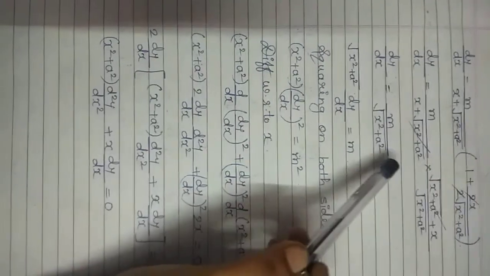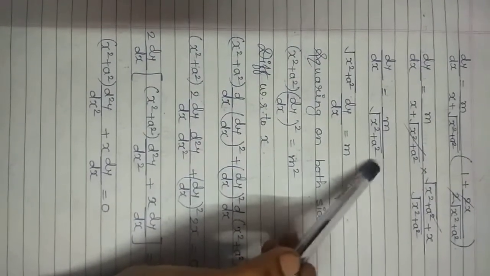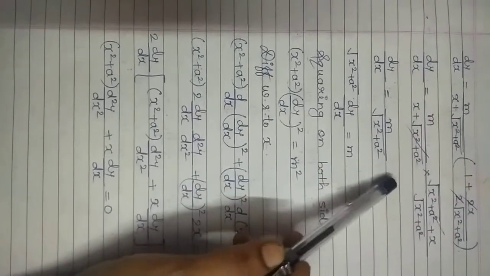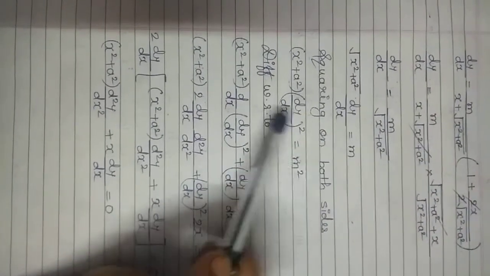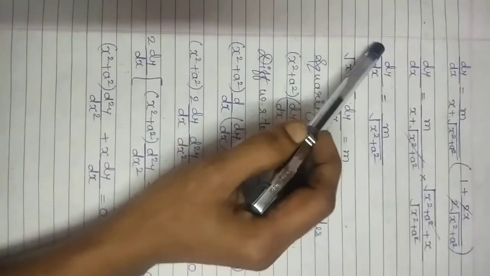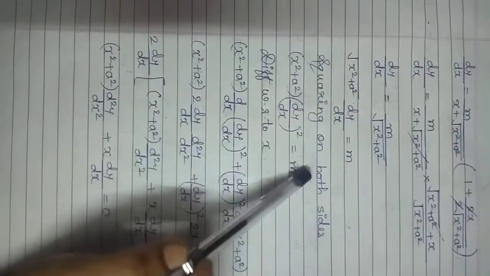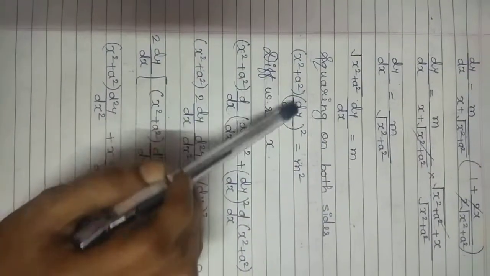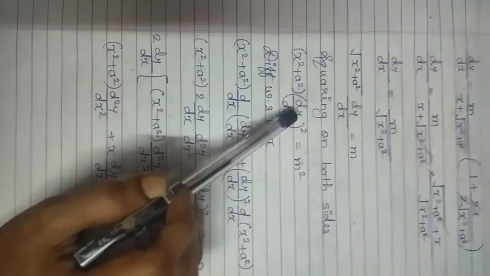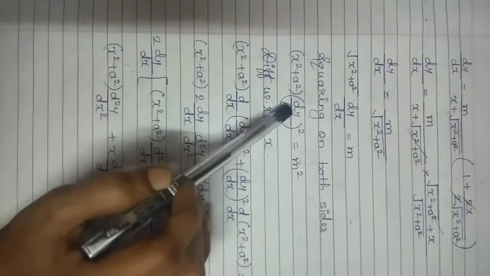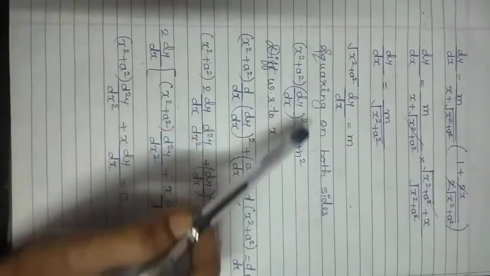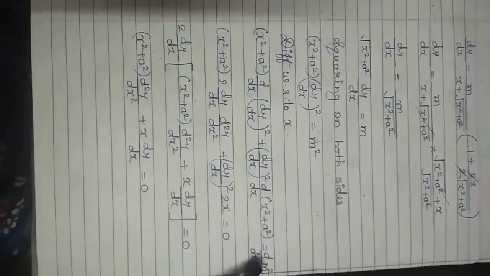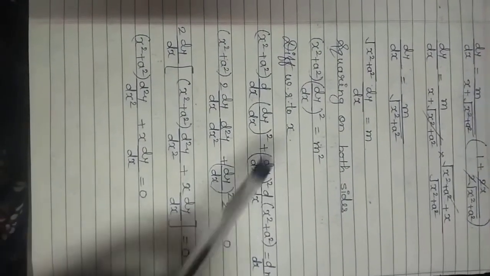Now again same, instead of using the u by v rule formula, that means instead of applying the division formula, we will simplify this, shifting these root terms to the left hand side, then squaring on both sides, we will get this. Now again we will differentiate this with respect to x. So to LHS we will apply the u into v rule formula, and in RHS only a constant term is present, so in RHS we will get 0.